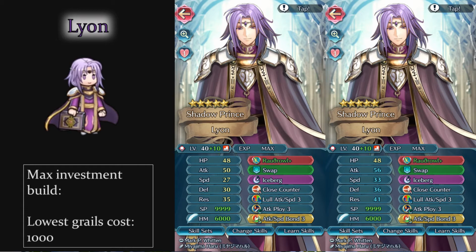Iceberg could be interchangeable. There's a lot of things you can do. But Owl Tome's typically the sort of thing you want to go for on a low speed unit like him. Because the bond skill is quite an easy way to boost your speed, as is Owl Tome, so you do have options for speed. But yeah, that's all I really have to say about Lyon. He is alright if you invested in him, but